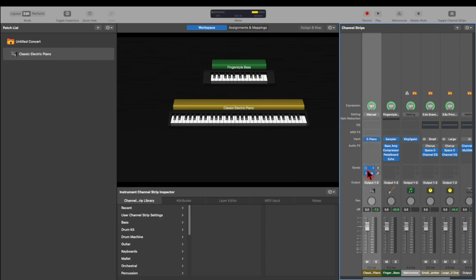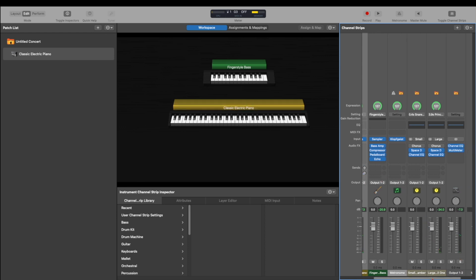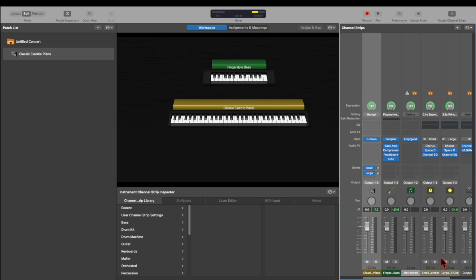So here is an example of it. Whenever I play this big one, it goes here. It sends it out to here. You can see right here. It also sends a small amount to both of these. However, since this is lowered down here,